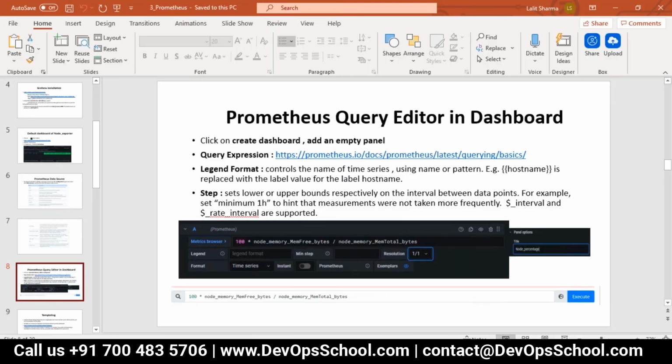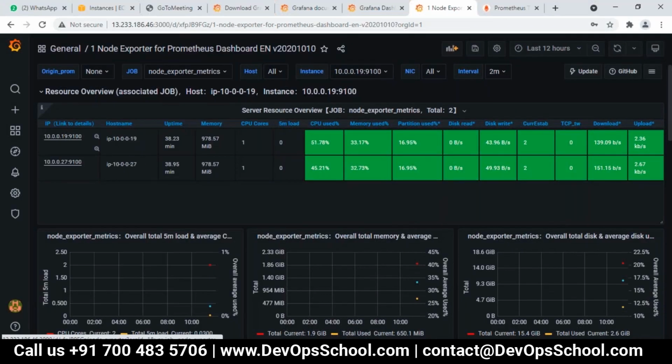I created these two servers with 1 GB RAM. So this will show you the memory allocated, 1 GB. Like, a machine doesn't use the full 1 GB, they never use the full memory. Some is reserved for the kernel or something else. So this is where you can check it.